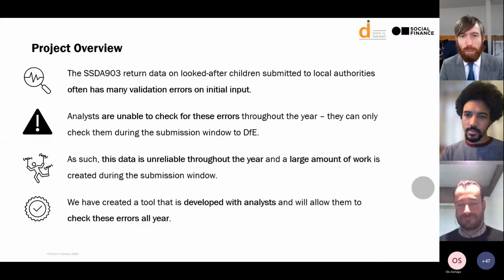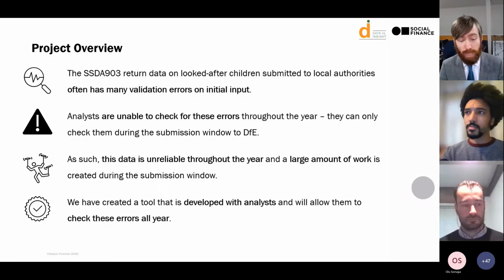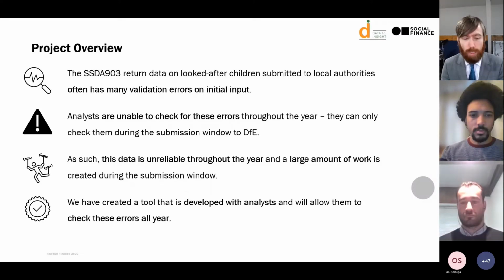This tool focuses on looked after children's data, and this came out of an earlier project from the Greater Manchester Combined Authority in partnership with the local digital collaboration unit in what was MHCLG at the time. And it was thinking about how can we work with data in children's services. The discovery process